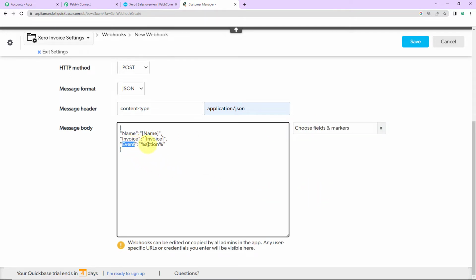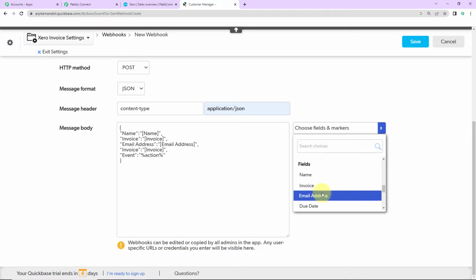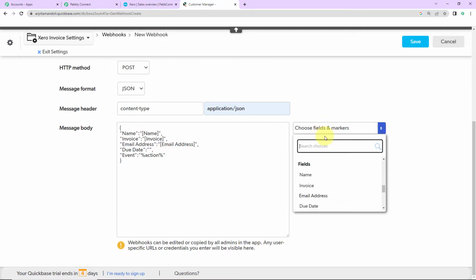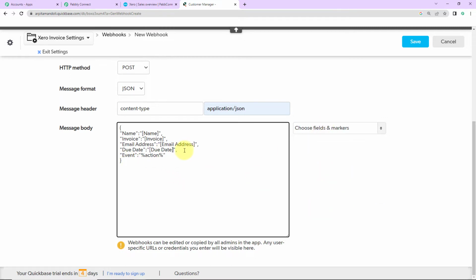The third one here, again, now I'm going to copy this. Okay. Paste it here, and now I'm going to change this. So it is email address, and now again I'm going to delete this, and here I'm going to write email address. Then we have, what do we have then? Due date. So I'm going to write due date, and let's delete this, and here we are going to mark due date. So I'm again going to copy this,